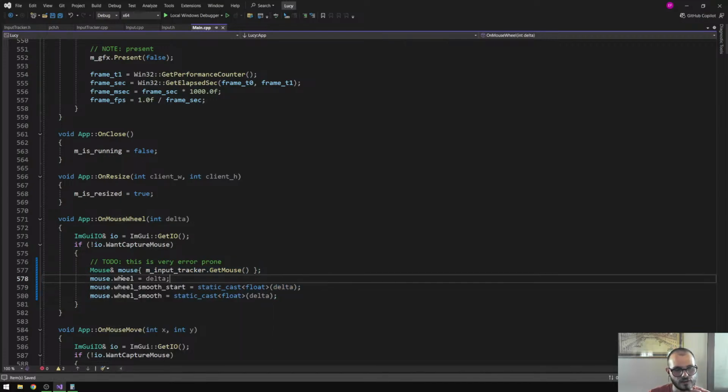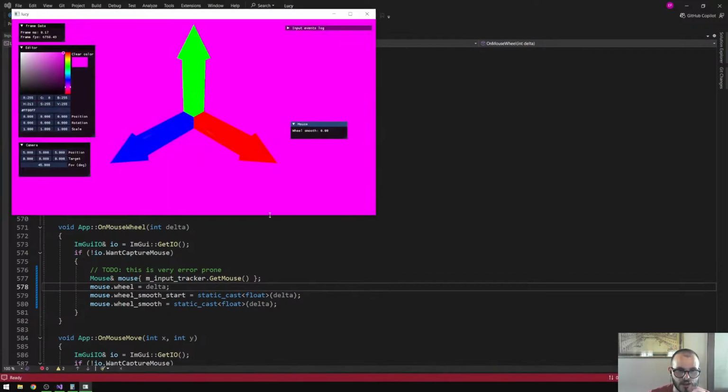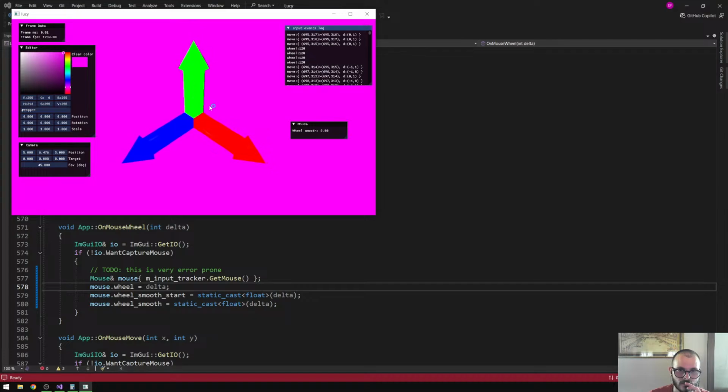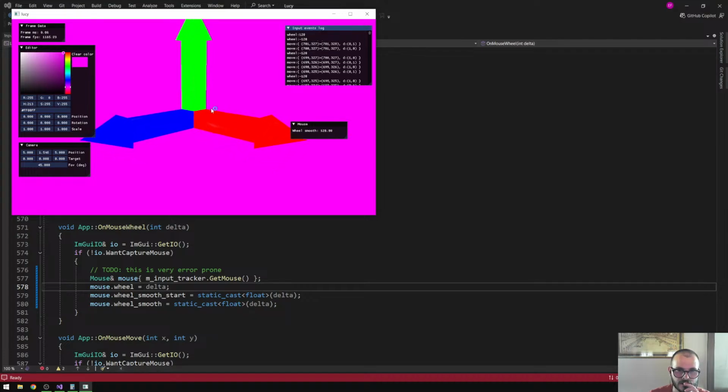Should I encapsulate just the mouse? Do we actually need the mouse? I don't know. Should the mouse expose the raw mouse thingy, or do we just